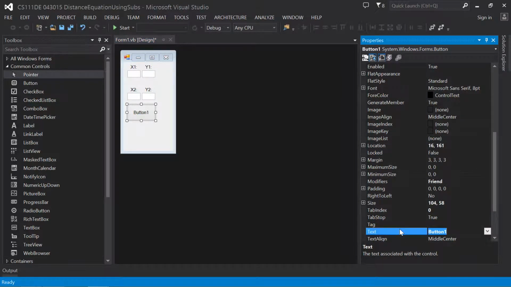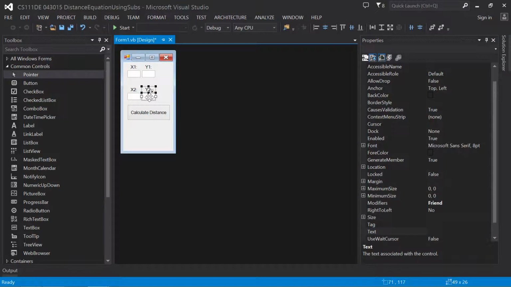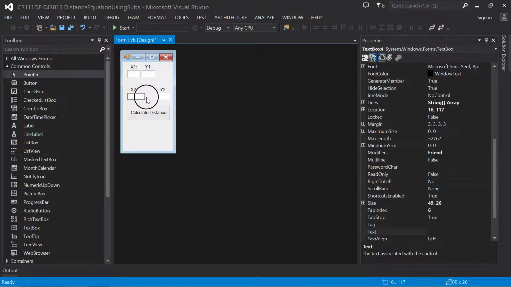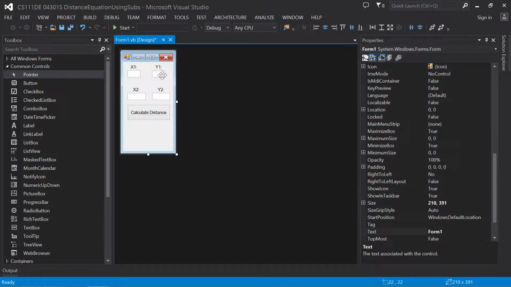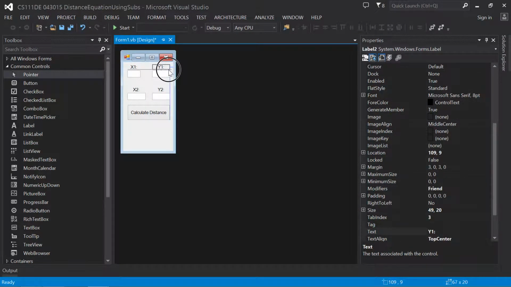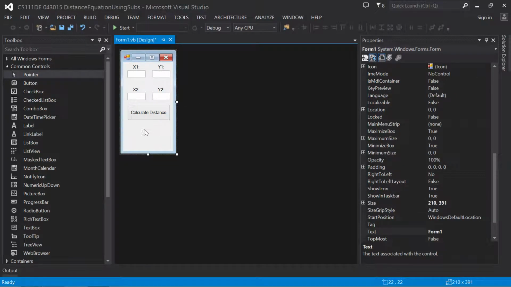So I'll take that button, calc distance. I guess I could put the entire calculate here. Calculate. There we go. Calculate distance. And because I have a little bit of room over here, I think what I'll do is I'll just take these guys and open them up a little bit. Over here like this. And make this guy a little bit bigger. And then therefore make this one a little bit bigger. Something like that. I know I'm being picky here. Just trying to utilize the screen real estate as much as possible. Something like that. Open this guy up a little bit, and also the label. Something like that. Okay. And then, of course, we're going to have to place the answer down here, so I'll